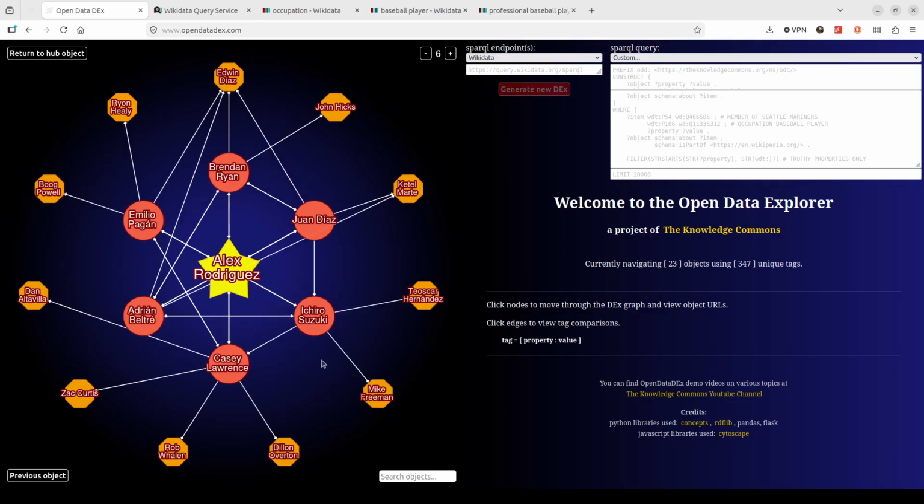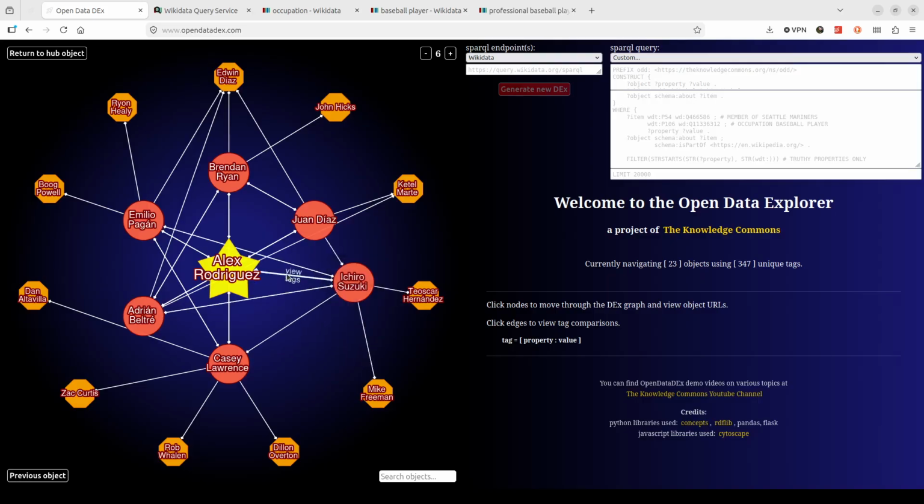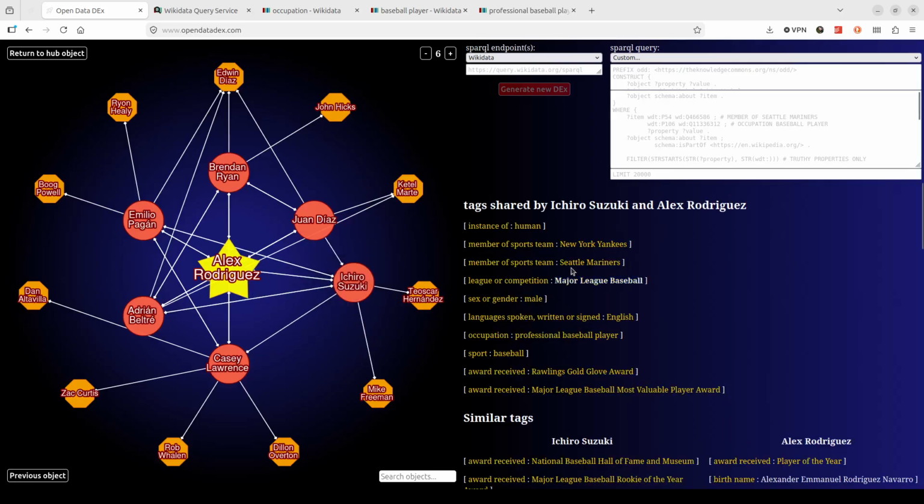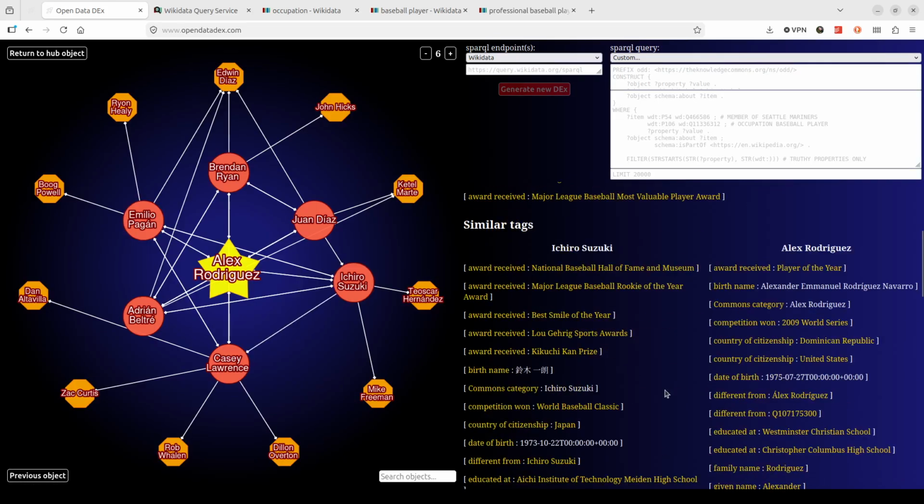What's interesting is Ichiro's here, and we did see Ichiro in that other main DEX. So let's compare their tags. Both played for the Yankees and Mariners. Both have a Rawlings Gold Glove Award. Both have an MVP award. So yeah, that's a very strong connection there.